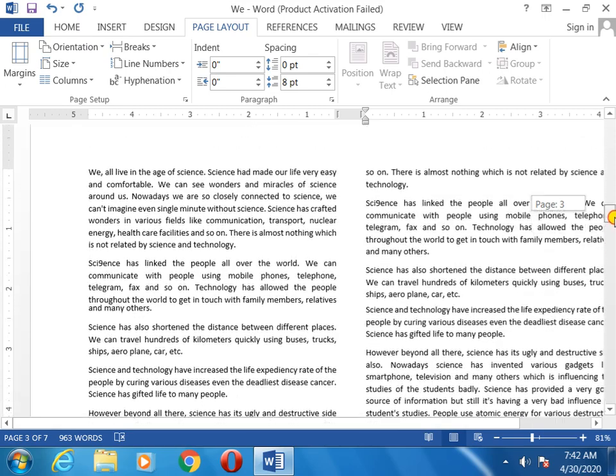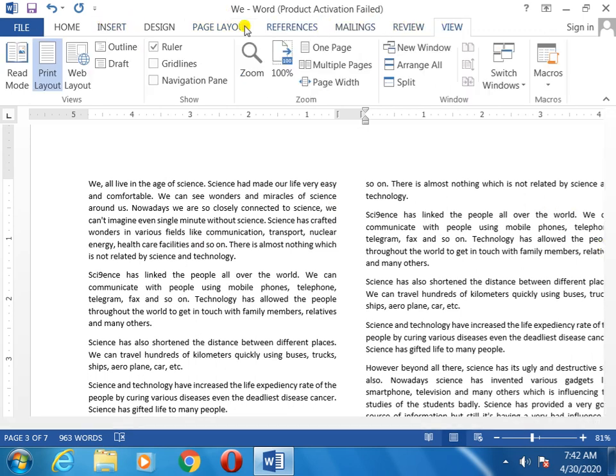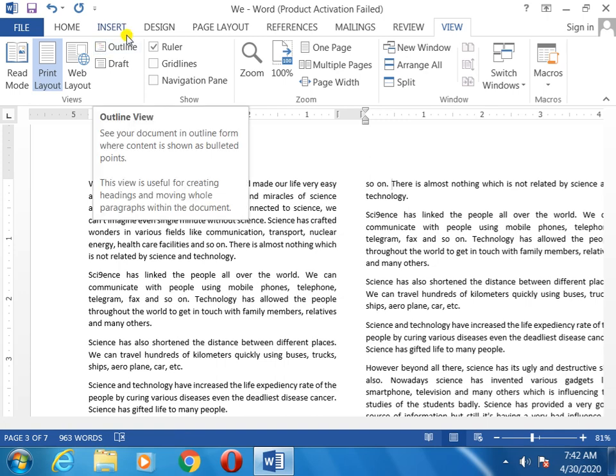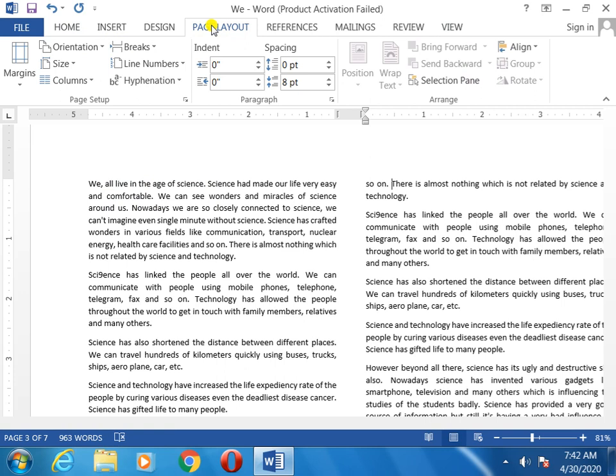Now you see this portrait method has come. Now you can ask me, sir, how can we understand if the portrait method came? So we will go to the print preview method. Okay, print preview method, you can see this option. Before the print, you can see the print preview.